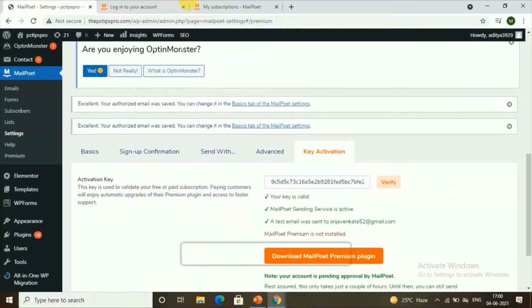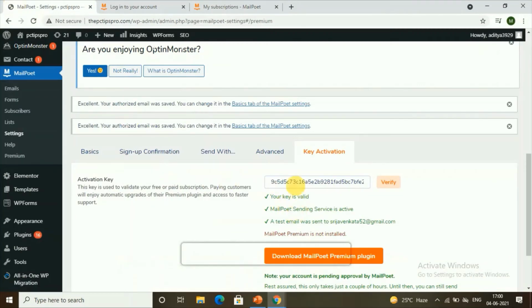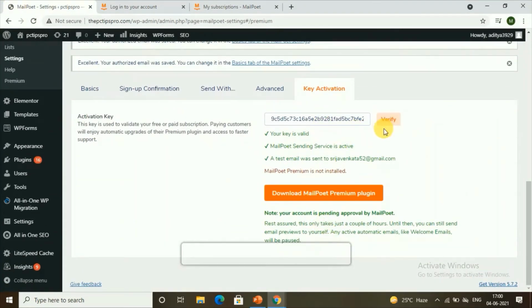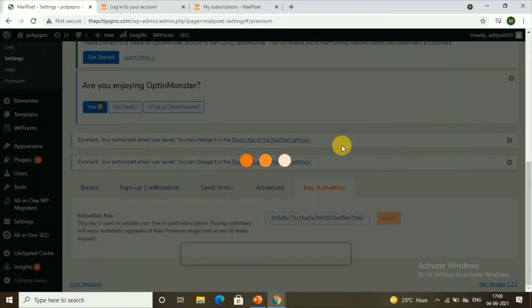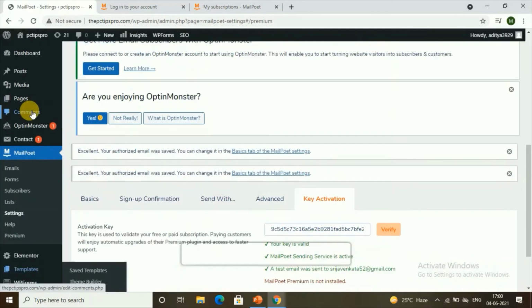So once you go to the settings, get back here and copy down this key which you got, and paste it over here in the key activation. Then you can just click on verify, and your MailPoet gets verified. So now the next step is,